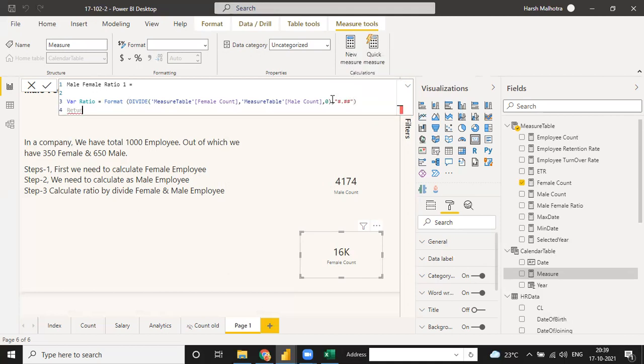And then return the value in the format of ratio, like 1, this ratio, and concatenate with the ratio variable. And just press enter.